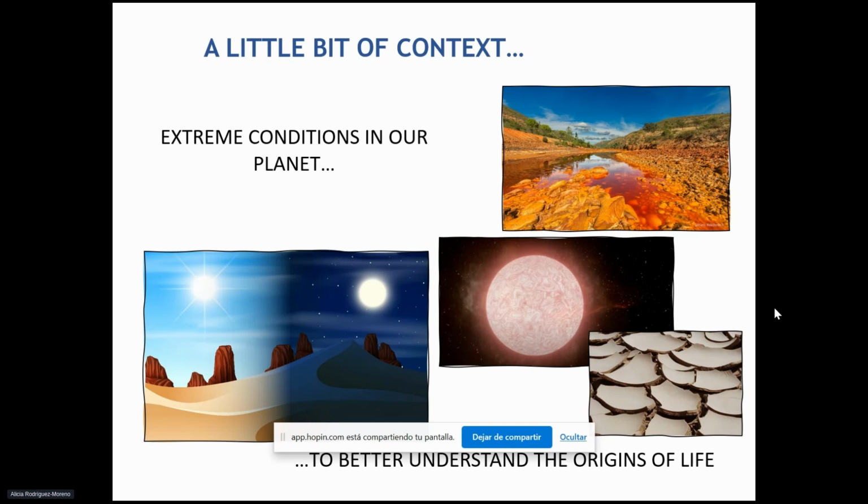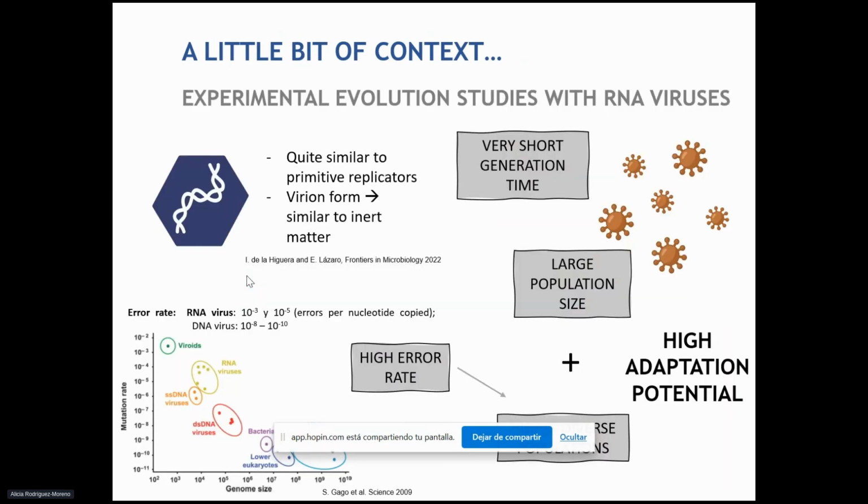One of the most extreme circumstances that exist on our planet is relevant differences between night and day, such as deserts, where cyclical episodes of freezing and thawing are common. Then the study of the possible adaptation is quite relevant. Next question would be why we use viruses in experimental evolutionary studies.